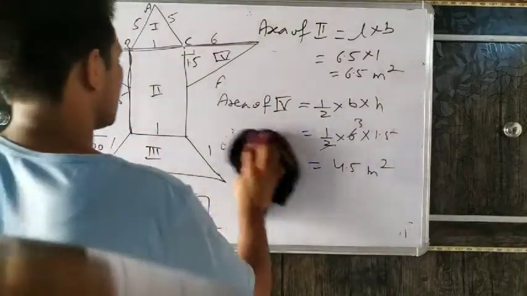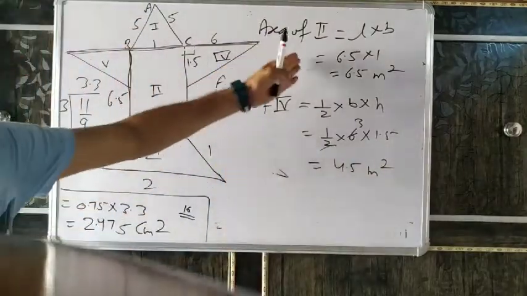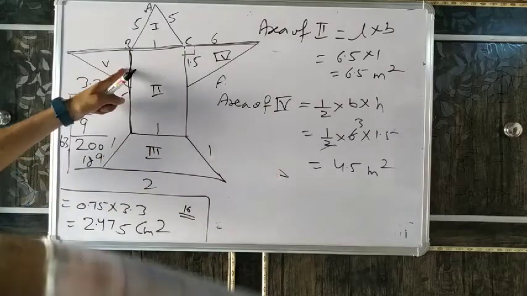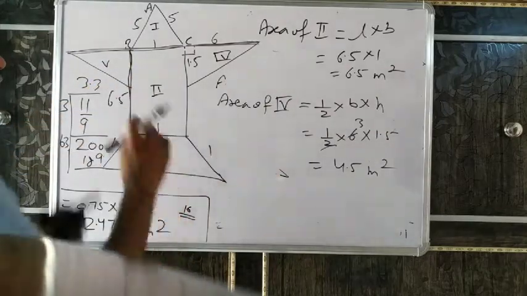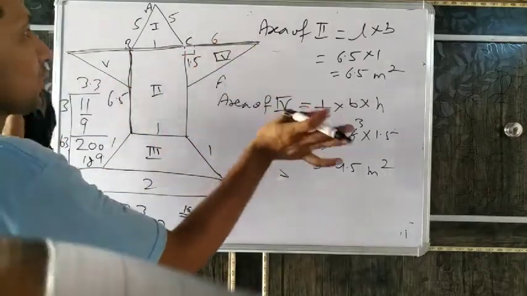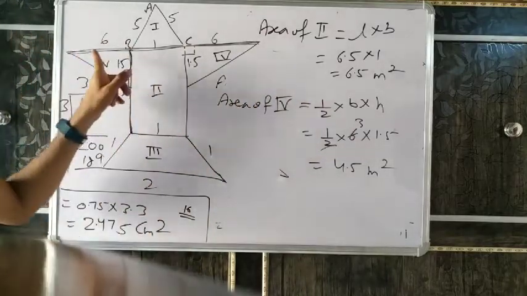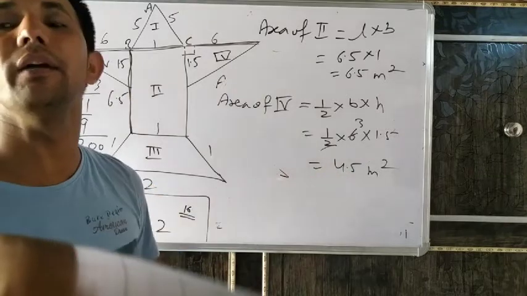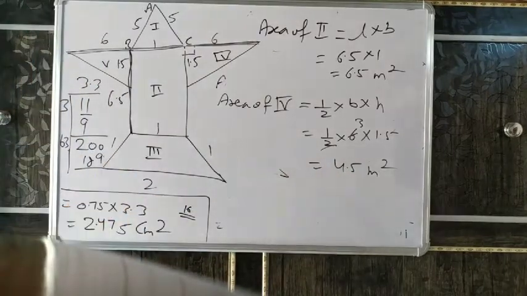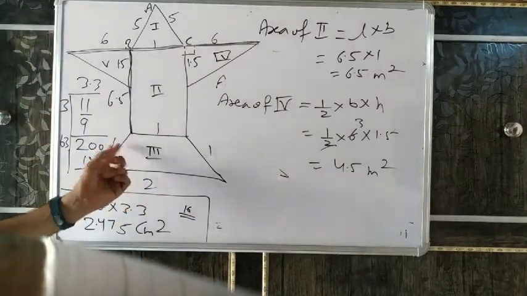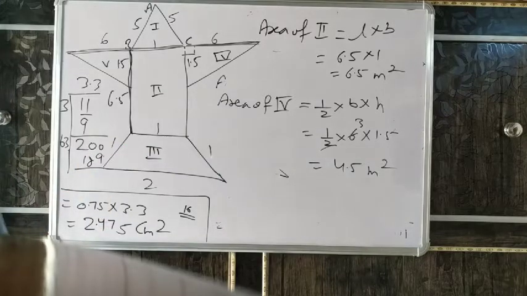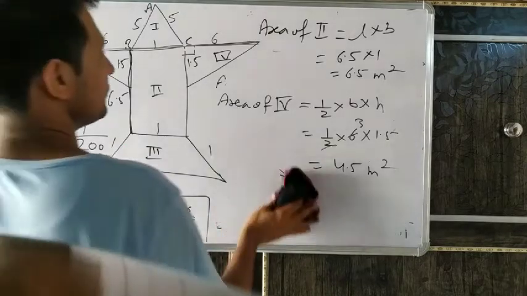The area of the first part we already found; the second part and fourth part are the same as it is. The area of the fifth part is also the same, because in an aeroplane both side wings are of the same size. So it is 6, and it is also 1.5. So the area of the fifth part is also 4.5 meter square. What remains? Only the area of the third part. This one I am explaining, and the rest you do yourself.